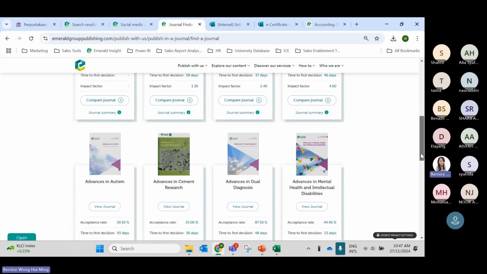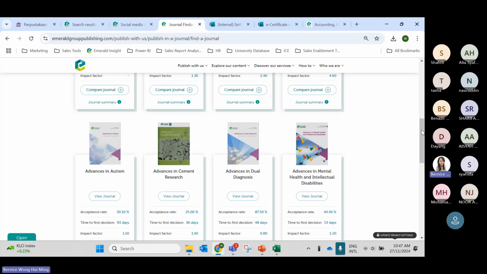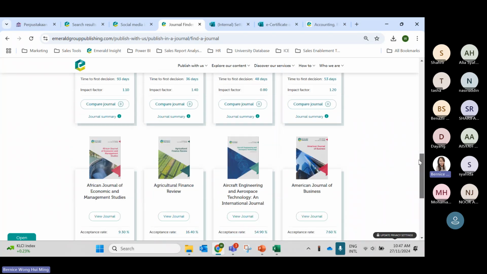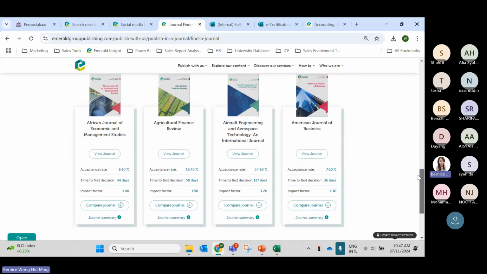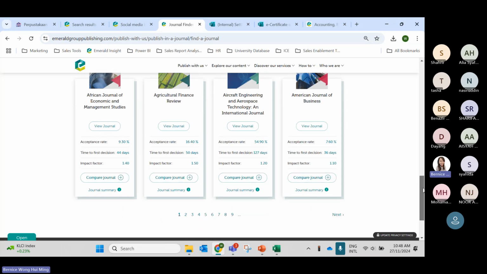So when you click into this page, it shows you a lot of journals, then you might have some difficulty. If you have not read articles, you have no idea which journal you want to publish in, then it's a bit tough for the author. So for example, the first step, you have already done the reading, and you have some idea which journal you want to publish in.